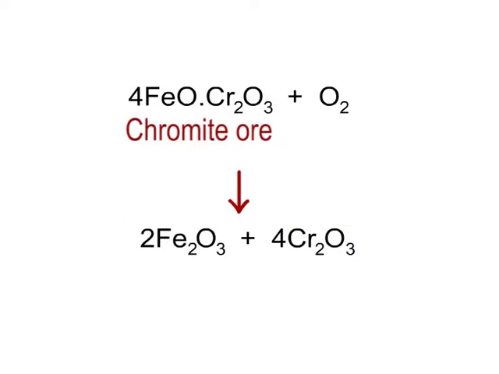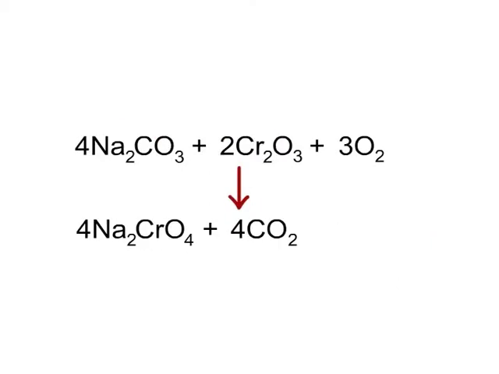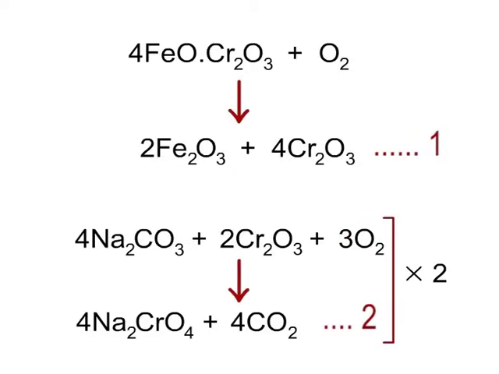The chemical equation showing this reaction is named as equation 1. In the second step, sodium carbonate reacts with chromium oxide and oxygen to form sodium chromate, and carbon dioxide gas is evolved. The chemical equation showing this reaction is named as equation 2. Now, multiplying equation 2 by 2 and adding the resultant to equation 1, we get: